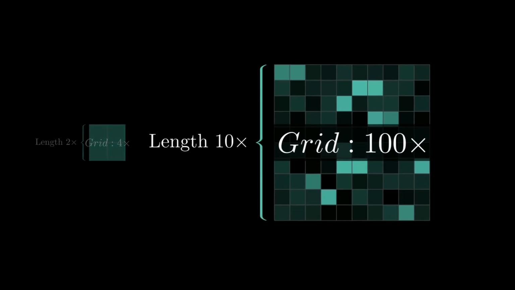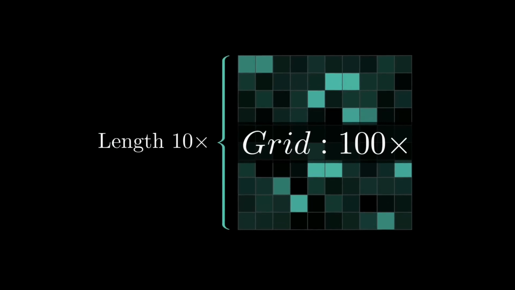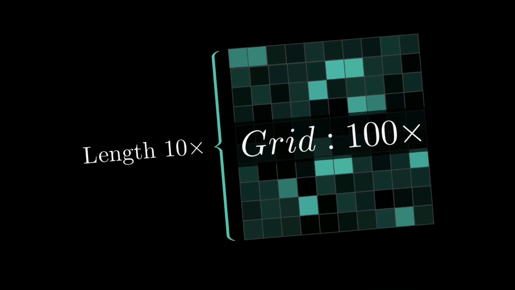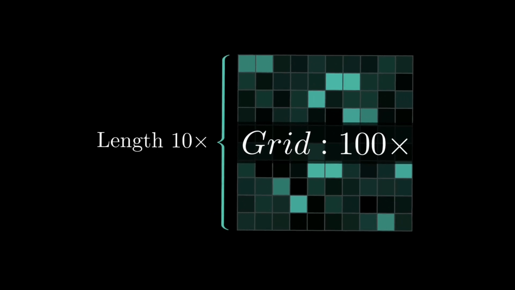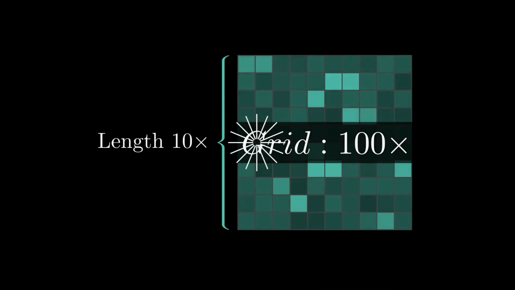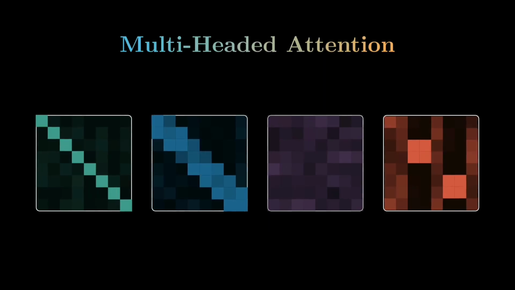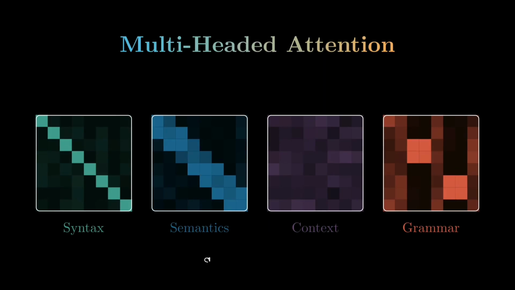If your context becomes 10 times longer, the grid becomes 100 times bigger. So as the context size increases, the attention pattern explodes in size as well. This gives us a sense of how powerful and also how demanding the attention mechanism can be, even in a single head. And now, moving into the multi-headed attention, everything we've done so far inside a single head begins to